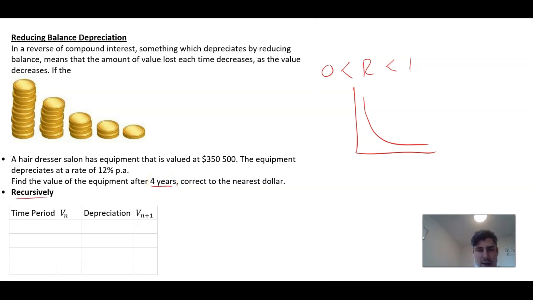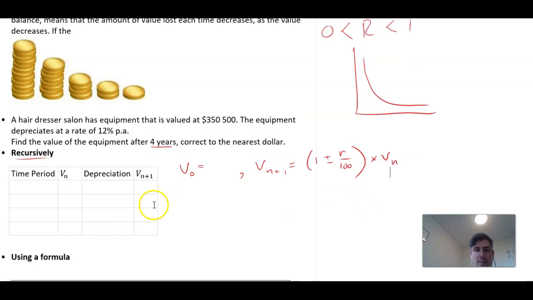So remember now that the recurrence relation for these sequences is you start off with your V0, and Vn+1 is equal to R times Vn, where R is 1 plus or minus r over 100, times Vn. So in this case, we're going to do it using a table. So we're going to have time periods year 1, year 2, year 3, and year 4. I'm going to type these in. Our Vn is